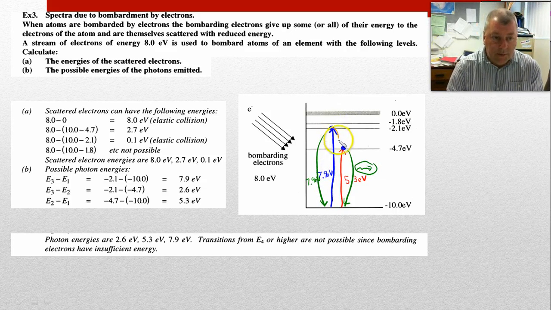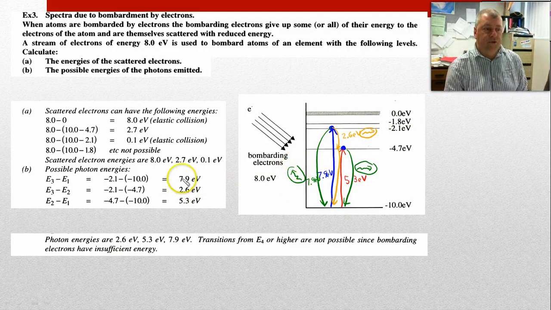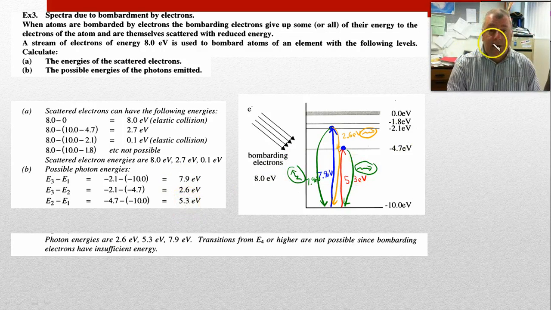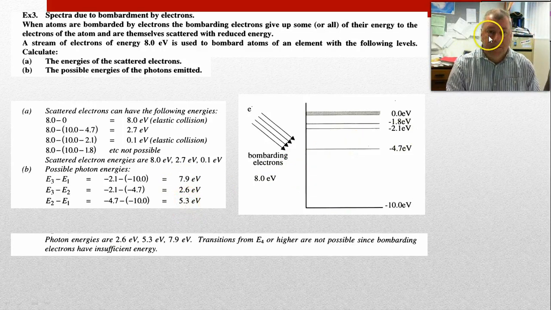You can also jump back in a two-stage process, and this one here would be 2.6 eVs. So a photon would be given off like that. Let's go back, and a photon will be given off from there. So we actually have 3 possible photons emitted. Hope that makes sense. Let's move on to the next one,